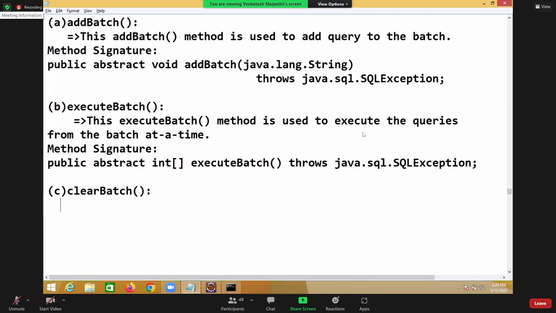Clear batch. Whenever you want to, the term only you are understanding anyway. Clear batch means all the queries from the batch are cleared or deleted. Moreover, the batch is also deleted. This clear batch